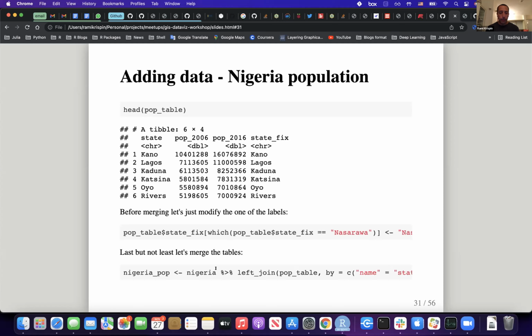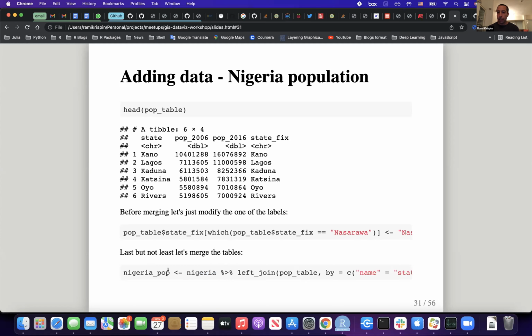So Nigeria is the data set that we pulled before from Natural Earth with the geometric data. We're doing a left join, and we get one data set with both the population data, which I call Nigeria pop, and the geometric data. So now again, I'm using the plot function. It's nice that you can use sf out of the box and do the work, and you get this